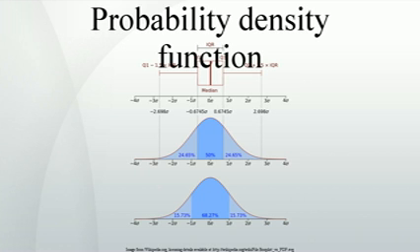Formal definition. This definition may be extended to any probability distribution using the measure-theoretic definition of probability. A random variable X with values in a measurable space, usually R^n with the Borel sets as measurable subsets, has as probability distribution the measure X_*P on that space. The density of X with respect to a reference measure μ on that space is the Radon-Nikodym derivative. That is, f is any measurable function with the property that for any measurable set A, the probability of X in A is the integral of f with respect to μ over A.